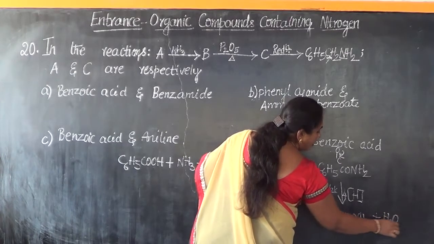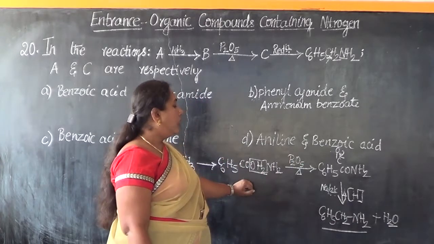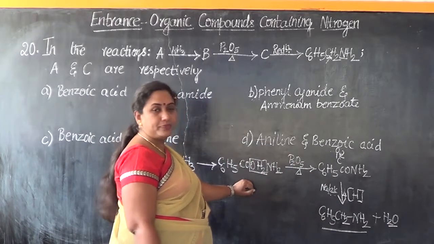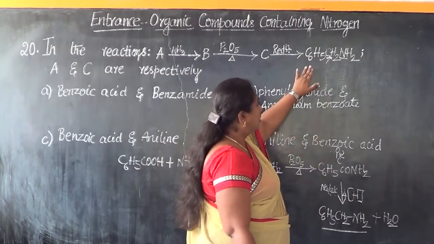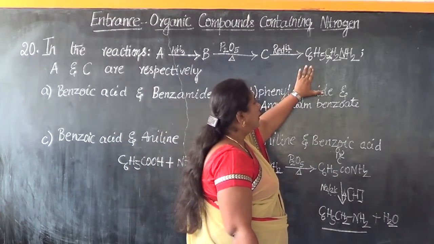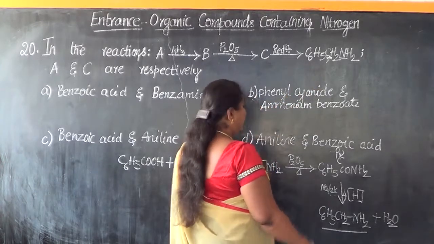So anyhow, this is not a major product. This is the major product of our concern. So we landed up in the formation of the product, as given here, C6H5CH2NH2. How would we be getting this? Say how to name this.